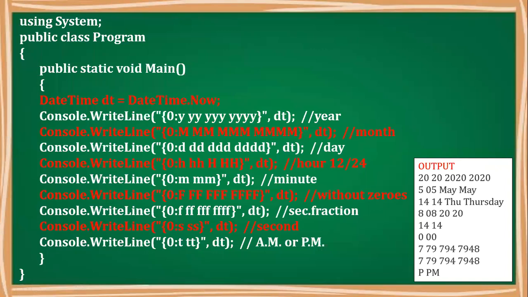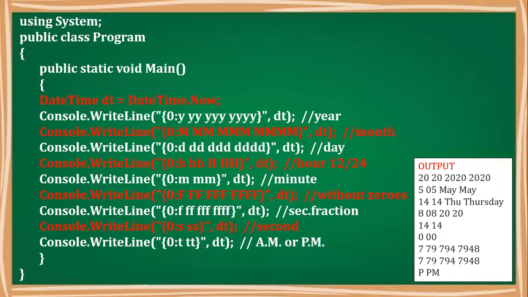So if you are writing capital H, it will give you output in 24-hour clock. Even if you are writing double H, it again gives you a 2-digit 24-hour clock. Again going to the next Console.WriteLine, M. M is for minute, so obviously single M. If it was 1 minute on the watch or the system time when we ran the program, it is going to give a single digit.